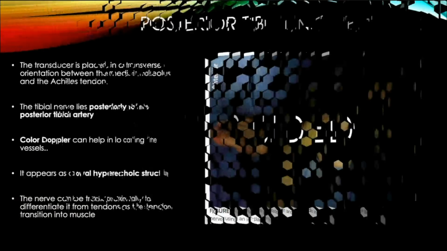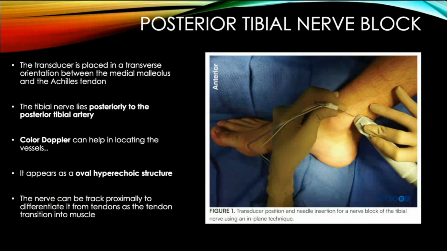So lastly we go into ultrasound guidance of the ankle block. First I'll talk about the posterior tibial nerve block. The transducer is placed in the transverse orientation between the medial malleolus and also the Achilles tendon. The tibial nerve lies, like I said before, posterior to the posterior tibial artery. To locate this, we can use the help of color Doppler, and it appears as an oval hyperechoic structure, and the nerve can be tracked proximally to differentiate it from tendon,